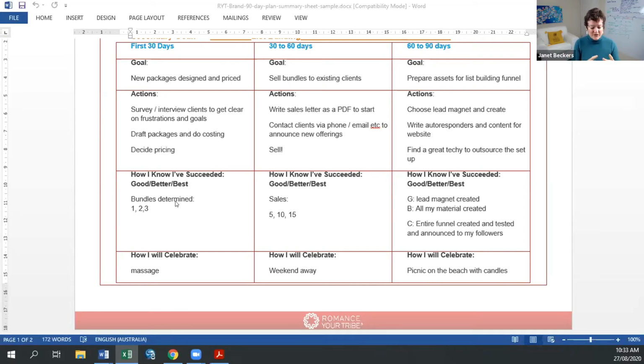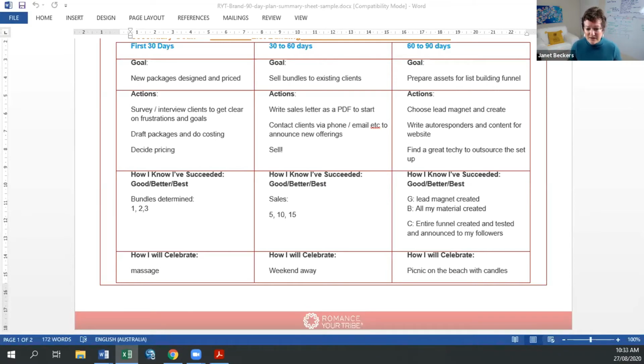Of course, there's going to be other things that you need to be still doing in your business, like looking after existing clients, balancing the books, still being visible. So you're not going to be kind of hidden away while you'll be doing all of this. There's still things you need to be doing, but this is your focus. This is where at least half of your time is going, getting this done. So that's to give you an example of what you would do in the first 30 days.